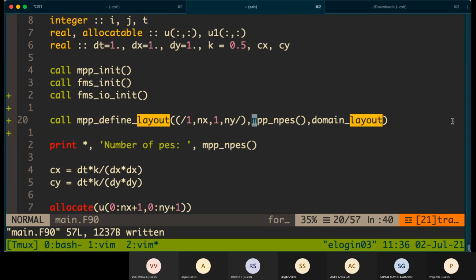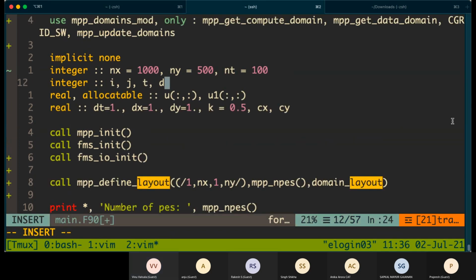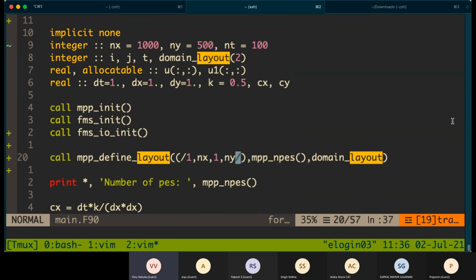The second argument is the number of processors, which you can get from the function MPP npes. Then the output is the domain layout, an array of 2 elements. Once you call this, it will give you the layout of processors which is the most suitable for such a domain.